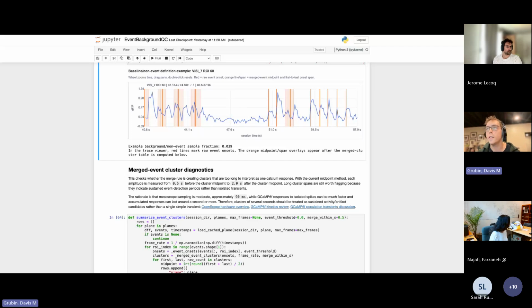Sorry, I had trouble understanding you there. So I'm wondering whether, if you go the other way around and threshold the events purely based on the calcium trace, you could compare the event times and the number of events you detect with that method against what you get from the deconvolved event information,